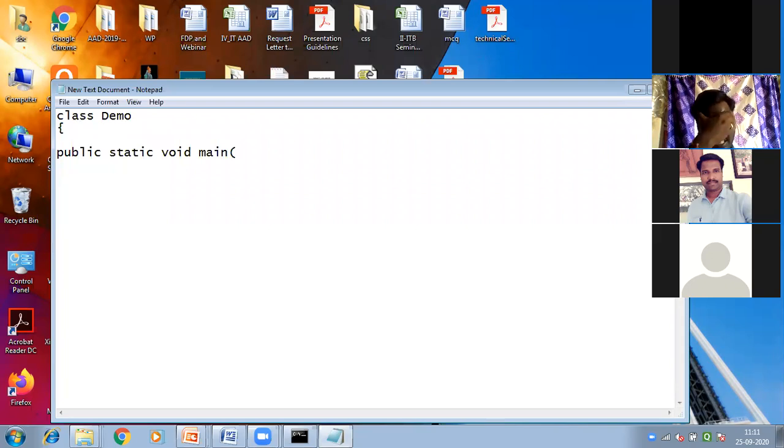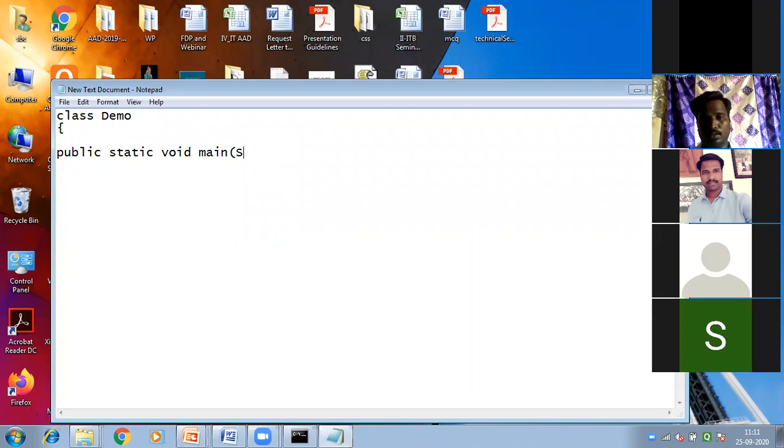So inside this main function, what do I need to pass? Tell me anyone. What do I need to mention here inside the main method? String args. So S should be capital, String args. Array of string I need to pass, right? So I need to print one statement, hello world or maybe. So S should be capital, System.out.print